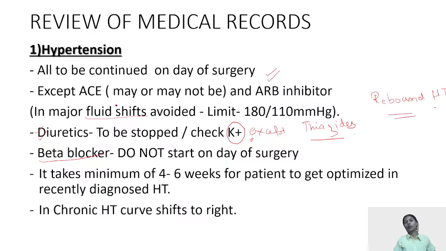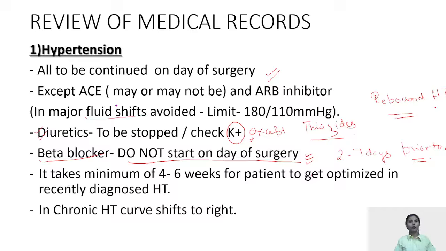When we are talking about beta blockers, one thing that is frequently asked is when should we start the beta blockers? See, the beta blockers should never be started on the day of the surgery. Never start the beta blockers on the day of the surgery because we have to give optimal time to the patient to adapt to the effects of the beta blockers. So the optimal time to start beta blockers is 2 to 7 days prior to surgery. So that is the twist when we are using the beta blockers.